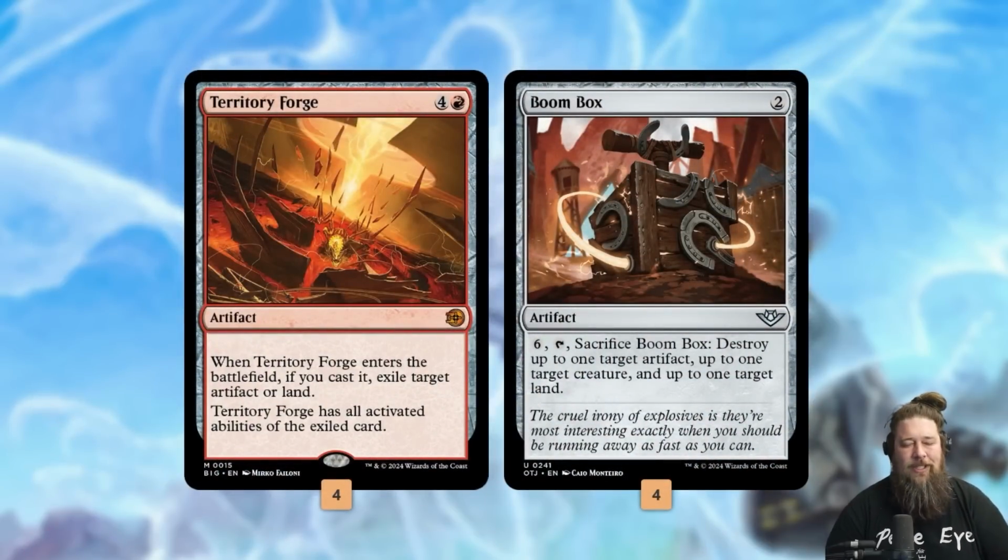So our two land destruction spells are Territory Forge and Boombox. If you've been playing Magic forever, you gotta remember, it's 2024 Magic. You shouldn't be expecting Sinkholes and Strip Mines and even Stone Rains. Wizards just doesn't give us land destruction like that anymore. But based on modern standards, the last 10 years of card design, Territory Forge and Boombox are actually pretty good